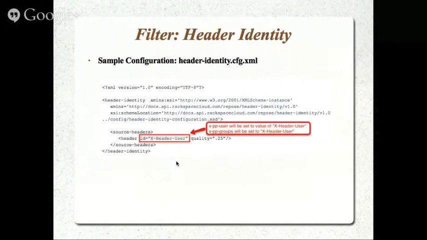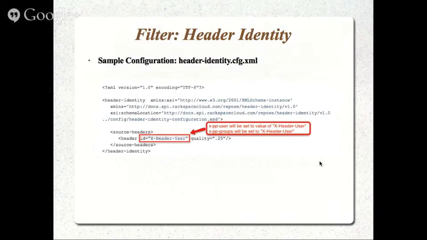So in this case, there's a list of source headers. You can specify multiple header values here. The ID value is the name of the header that you want to pull out. In this case, we're using x-header-user. So what the filter will do is it will set XPP user to whatever value x-header-user has in the request, and it'll set XPP groups to the value of